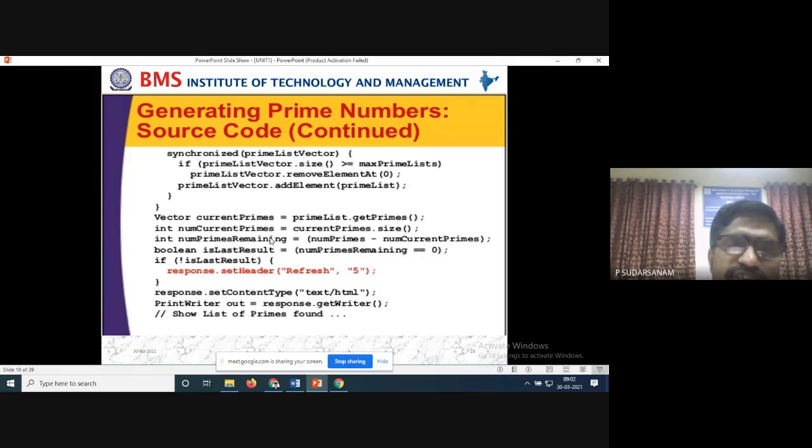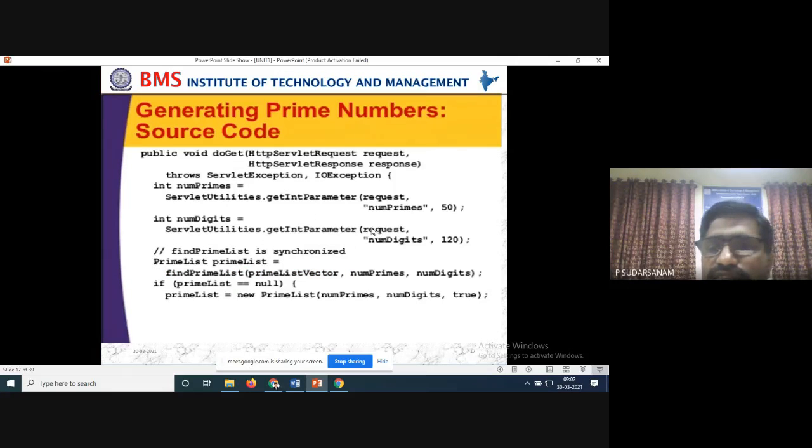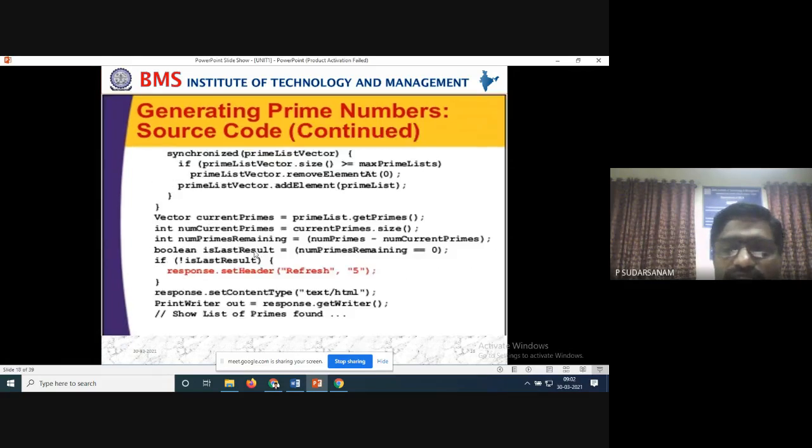Okay. Any doubt about these prime numbers? Biggest of the prime numbers. So request the number, how many prime numbers you want, how many digits you want, that's all. Make the refresh, whatever it is displaying. First it will display the smaller ones, and after finishing that, once the list results are filled, you can make the refresh and it will go to the next page. You can try this and it will work, and you can check it when you come to the laboratories.